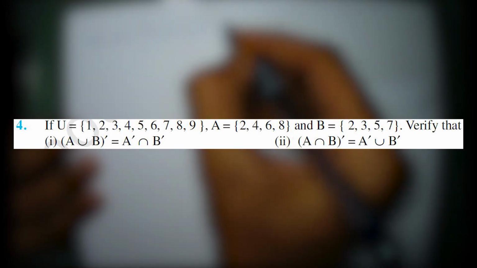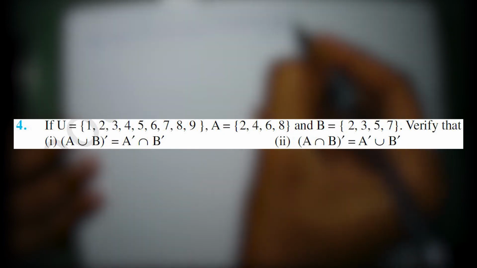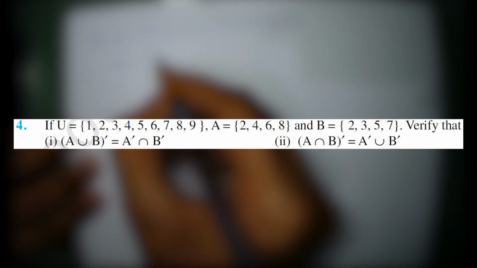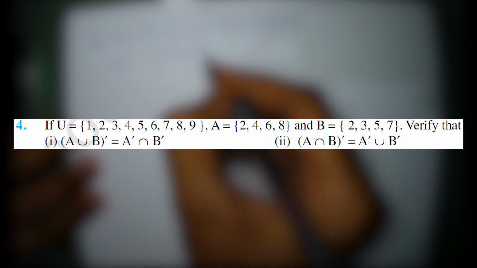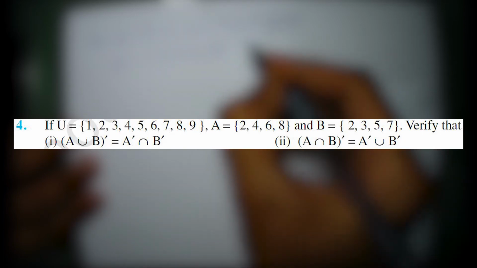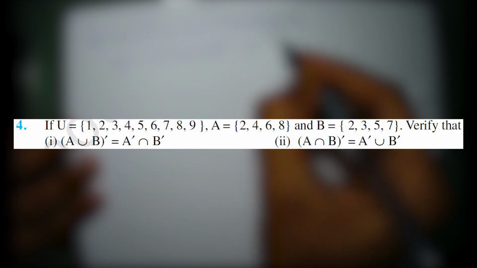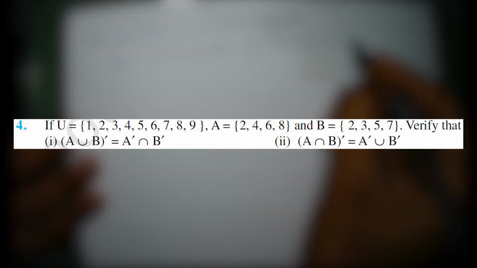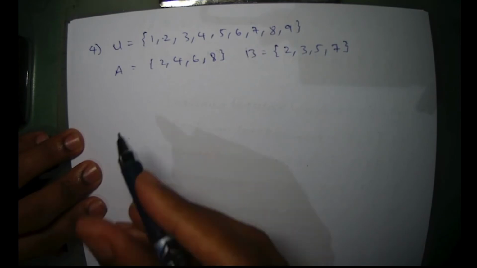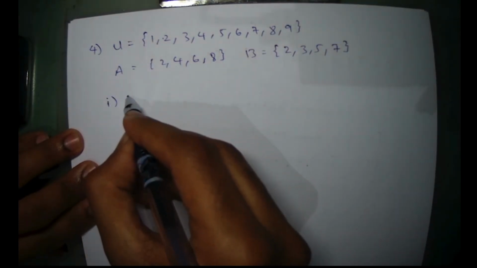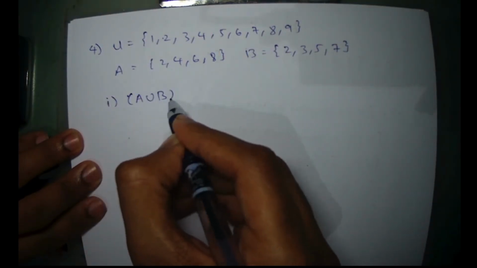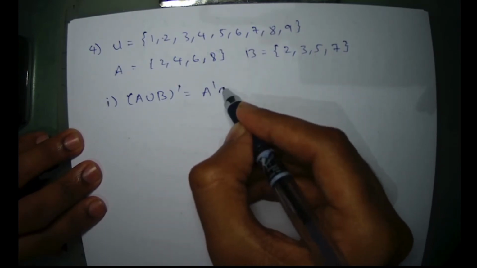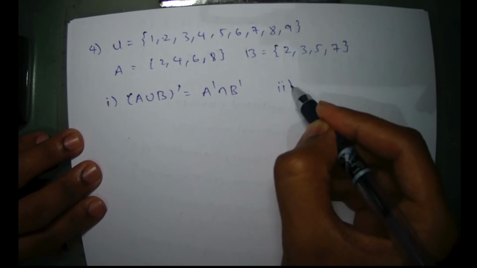4, 5, 6, 7, 8 and 9. We have set A as 2, 4, 6 and 8, and we have set B as 2, 3, 5 and 7. So we have to verify that, first, A union B complement is A dash intersection B dash,